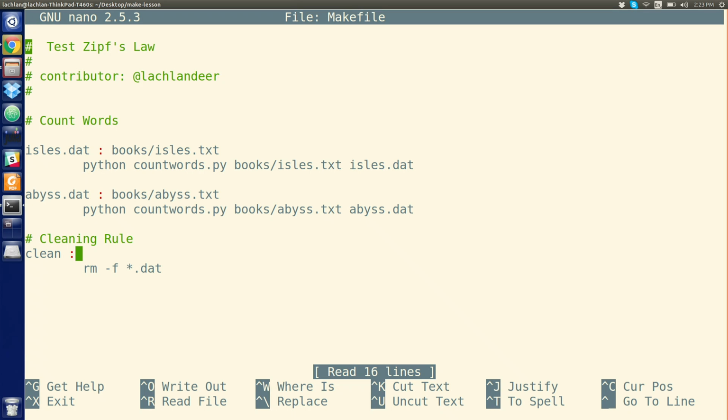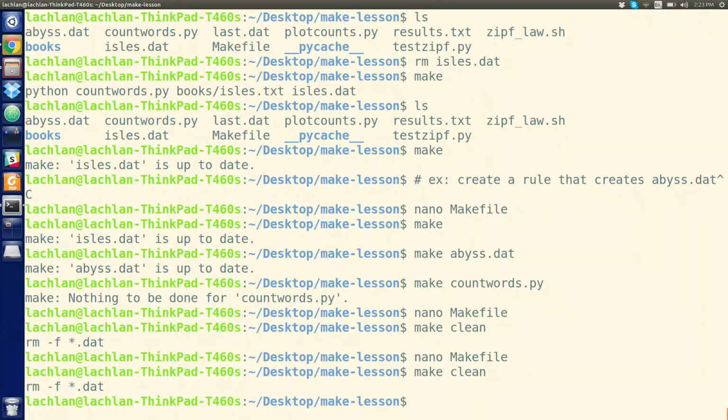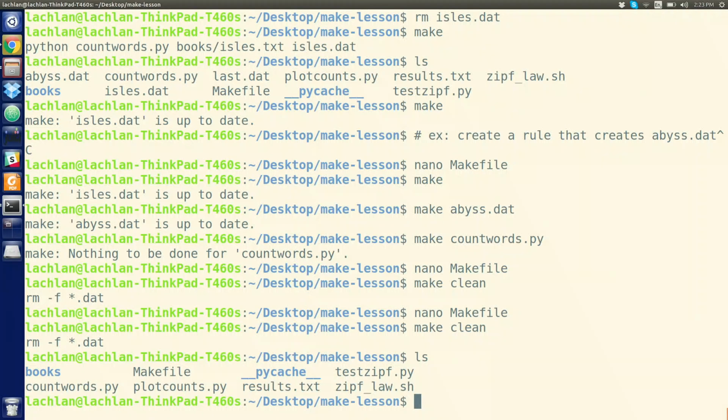Okay, so again, save that, and then run make clean. If you list the files inside your make lesson, all the DATs disappeared, right? There's no more .dats, which is nice, but